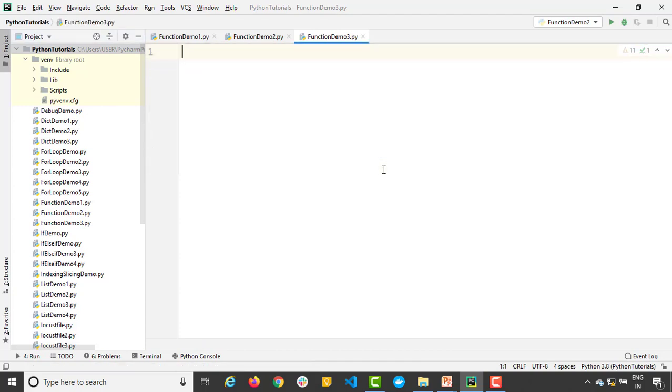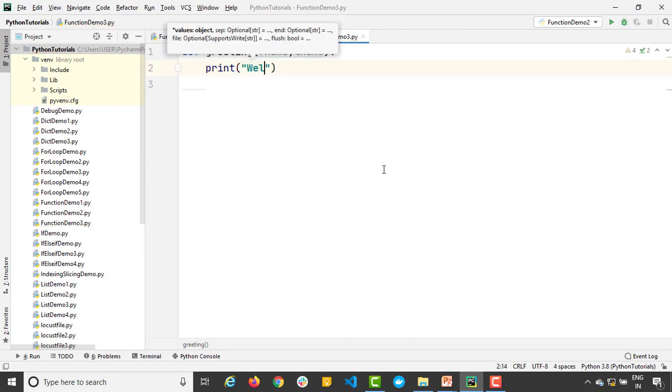And let me remove everything. This time I will be creating a new function called greetings. I'm just giving greetings to the user, and I will take two arguments. So guys, just a small disclaimer, do not get confused with parameter or argument. They both are the same. What we are doing now, I will accept one argument called first name, then I will accept the last name, and I will be just printing